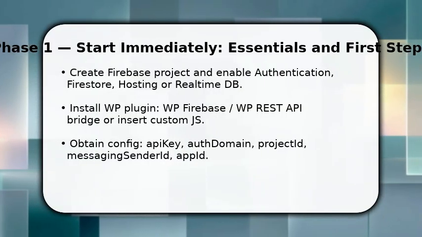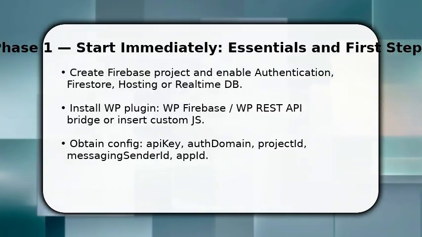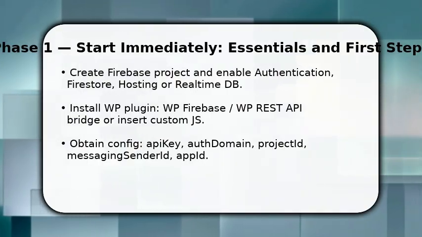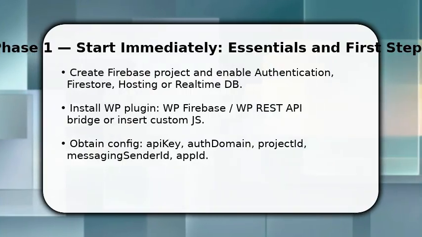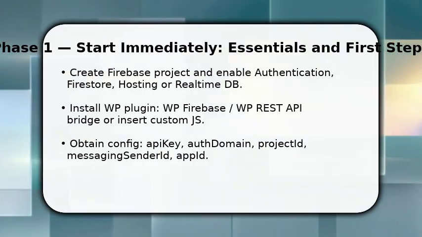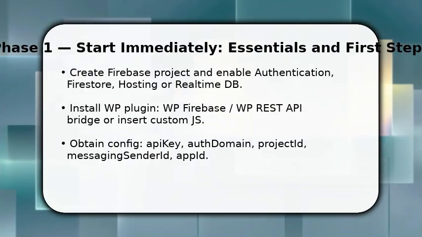You start by creating a Firebase project and enabling the services you need. Authentication and Firestore are common. Once done, copy the web app config values: API key, auth domain, project ID, messaging sender ID, app ID, and keep them handy. On WordPress, install a Firebase connector plugin or plan to add the Firebase SDK snippet into your